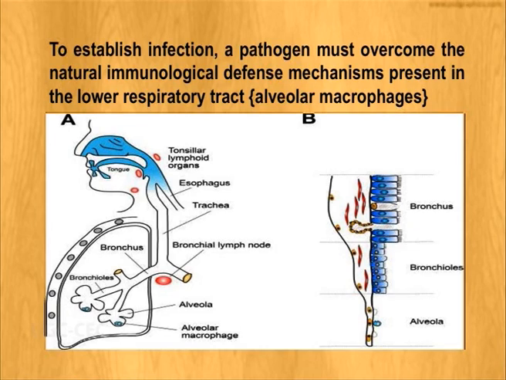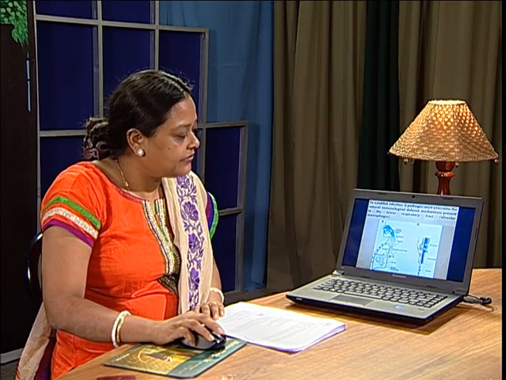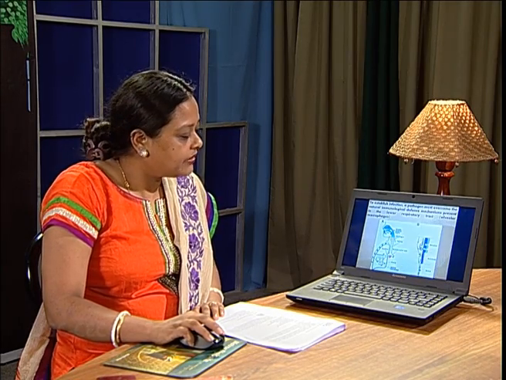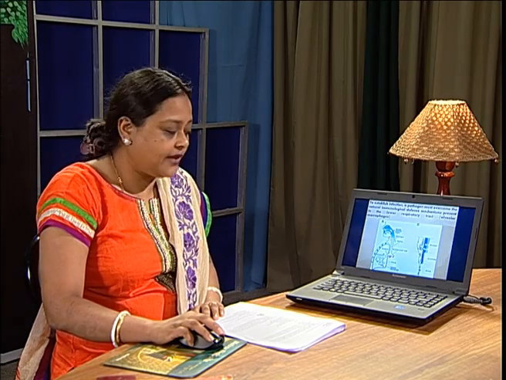But in the lower part, we have the presence of alveolar macrophages. And these are the immune defense cells of the lower respiratory tract. So although cilia will do the work in the upper region, in the lower part, if at all some organisms come, they will be killed by the alveolar macrophages. So our system, the human body, also offers some amount of defense against these organisms which can be pathogenic and